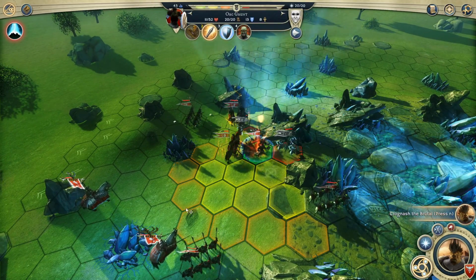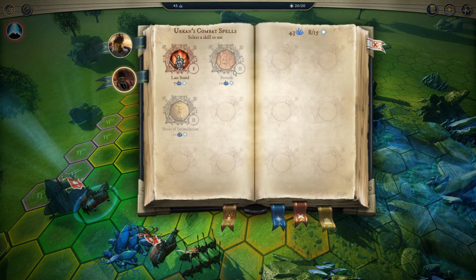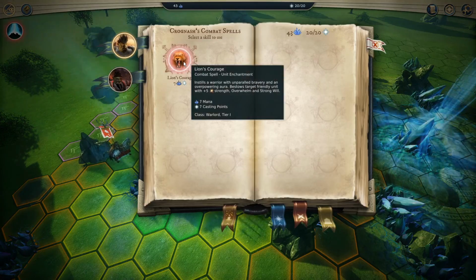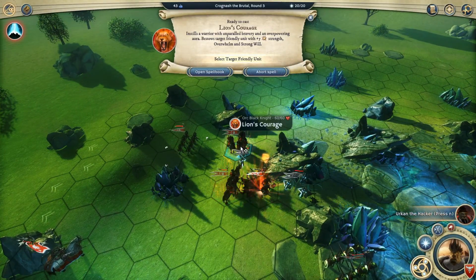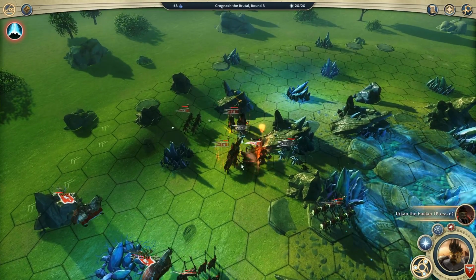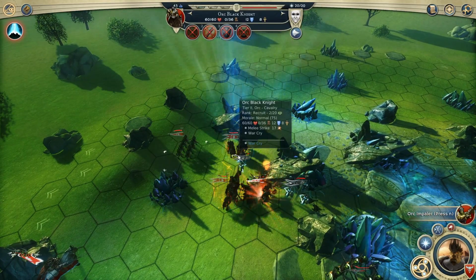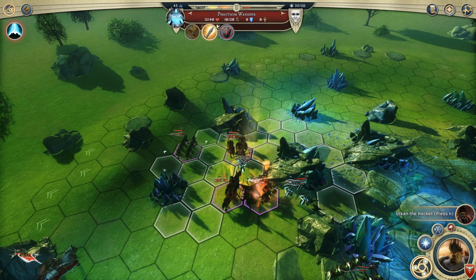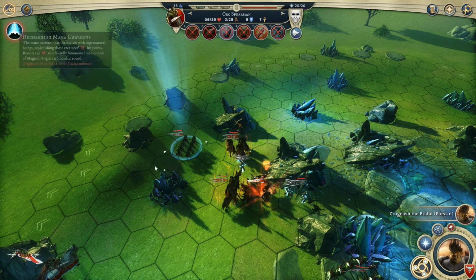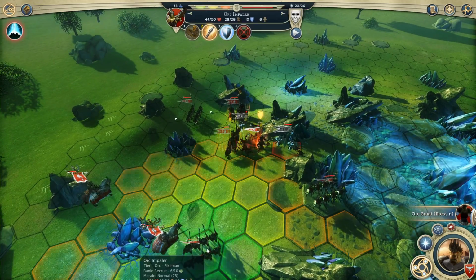What other abilities do I have? Last Stand, and what does Crognash have? Lion's Courage, I suppose that would be beneficial. I could have maybe thrown that on somebody, but maybe I should have used that on my Black Knights there. Okay, this Phantasm Warrior needs to die. It's got 12 hit points, and it's going to potentially get some of its health back with recharging mana currents if I don't finish it off, so...